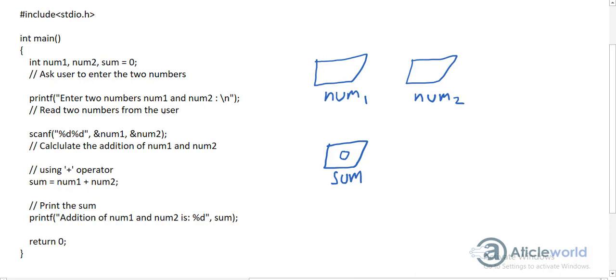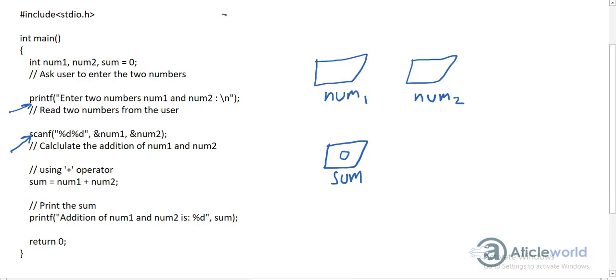So what will happen in C programming? scanf is a function which is used to get the user input, and printf is used to display the message. This message, enter two numbers, will be displayed on the console screen, then the user enters two integer values for num1 and num2.